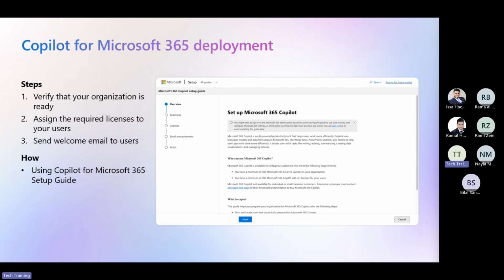As you can see, you can just verify the organization. This is a step that you do manually. Then you assign the required license to users and send them a welcome email. How do we do that? We can do that in the setup of Copilot guide, which we can access from admin portal from within the